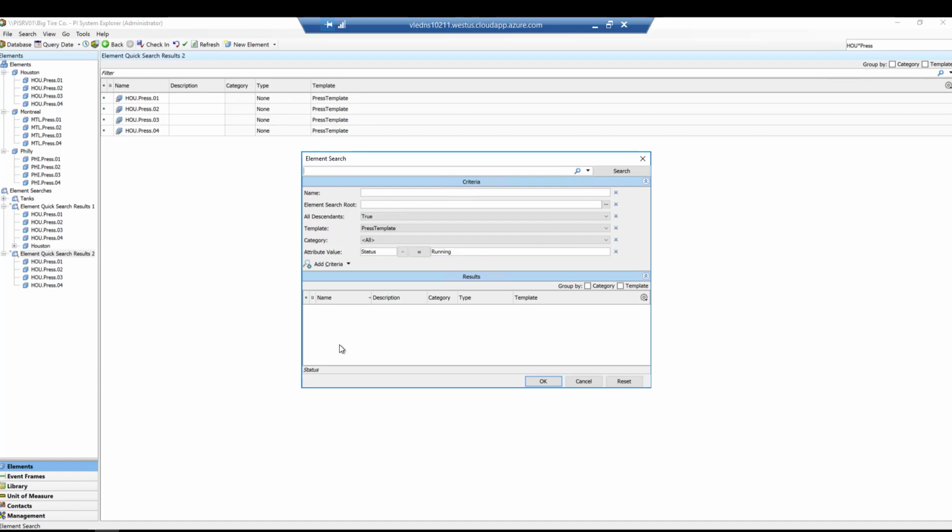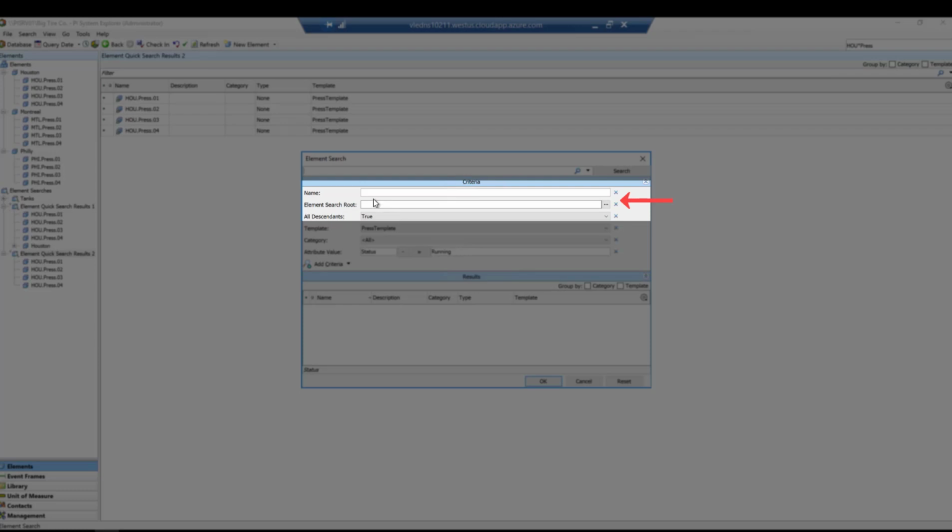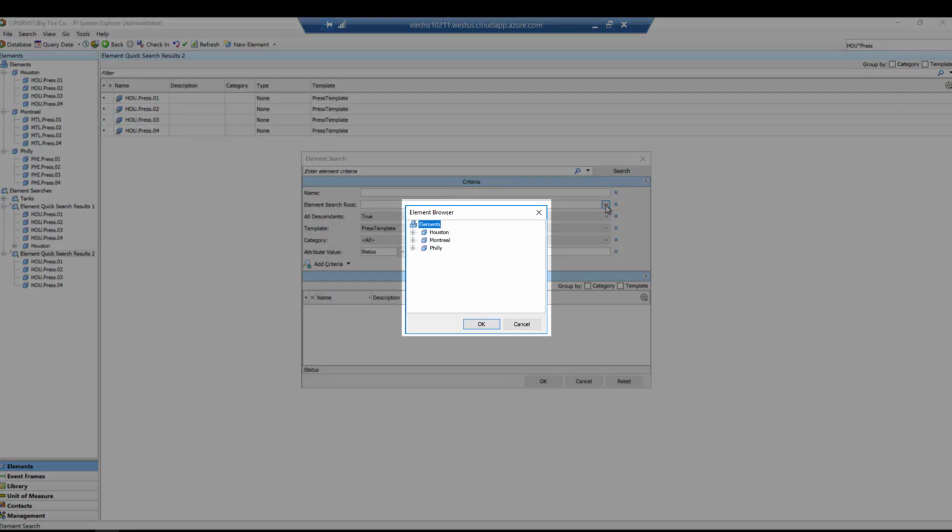We're going to enter search criteria for presses in Montreal. Select the ellipsis towards the end of the element root search entry box.